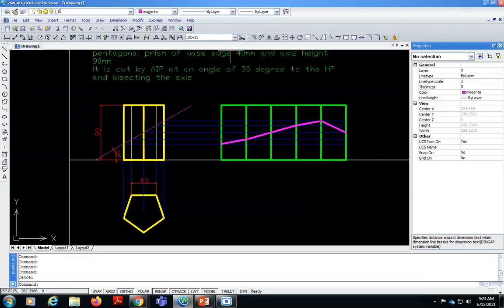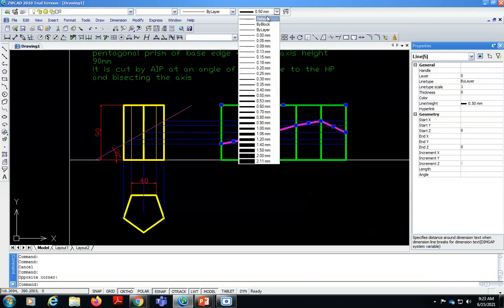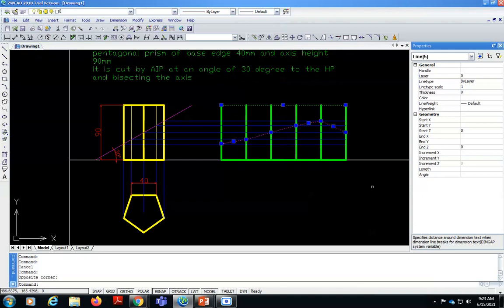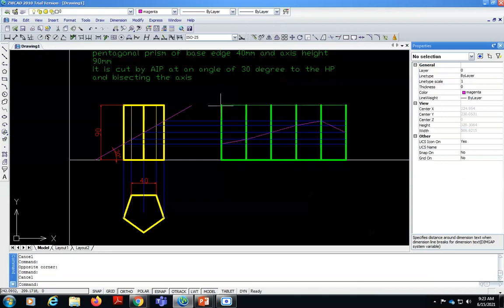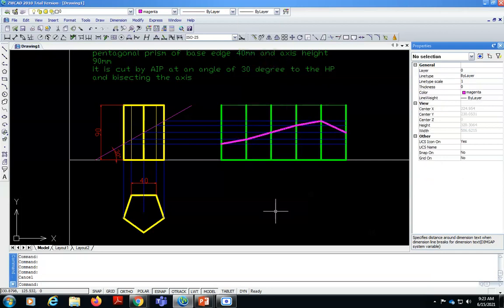Okay, so the upper part will not be visible to you because we have cut it, so you can show it by the default thickness, so that you can have the variation for this. So the DLS of this prism after the cutting will be like this.